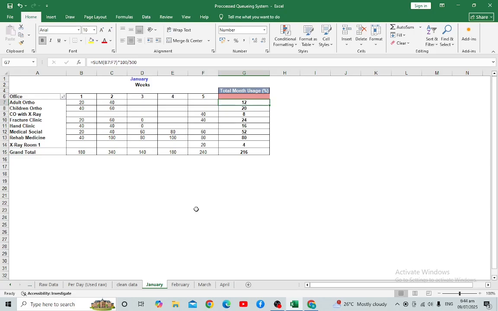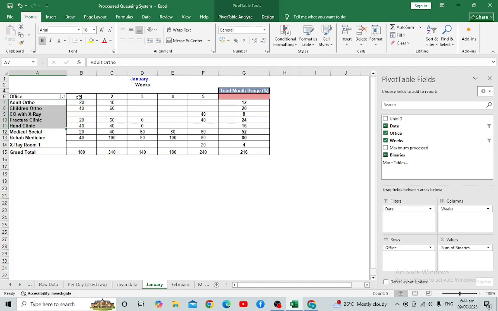It gives him a tool to pick out which clinics follow the queuing process implementation. We have rows of clinics here, next is weeks. This January is composed of 5 weeks.